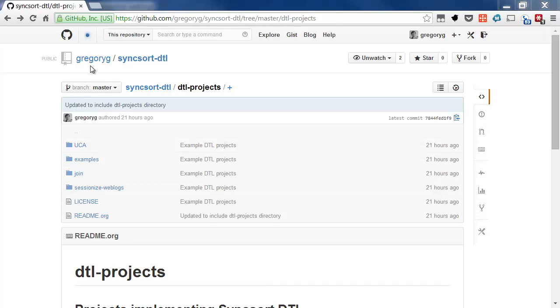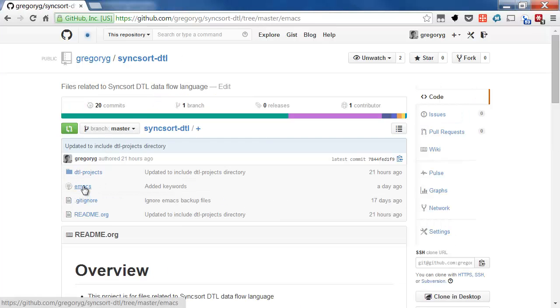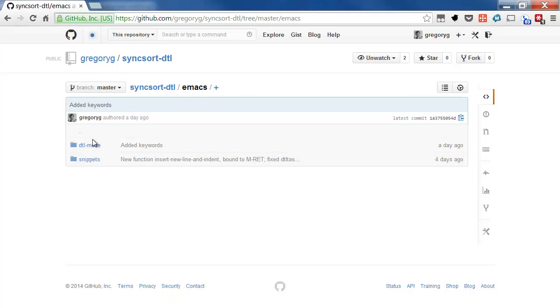This is my repository, Gregory G./SyncSort-DTL, and you can either clone the repository or download it. And I'll show you what we have under SyncSort-DTL Emacs. That's where you'll find the mode and snippets for YASnippet that can be very handy for creating tasks and